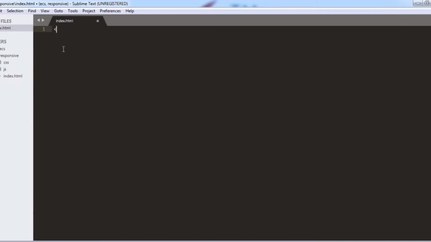I have saved the file, and now I will write my HTML body, and after this in the title I will write responsive design.